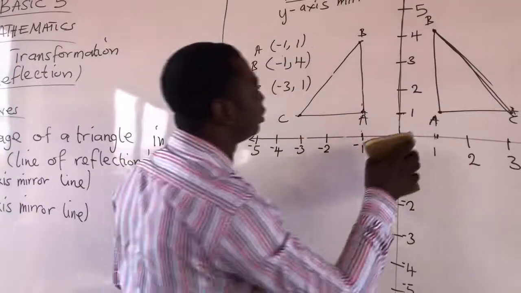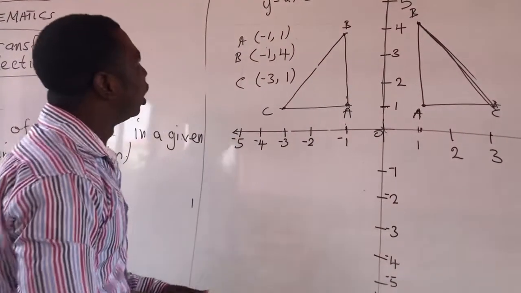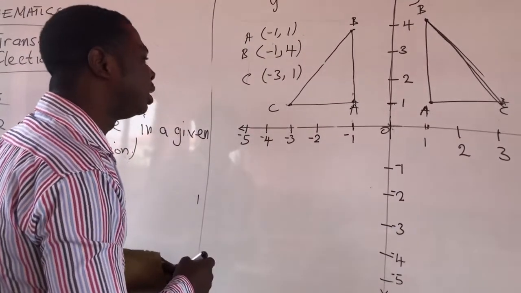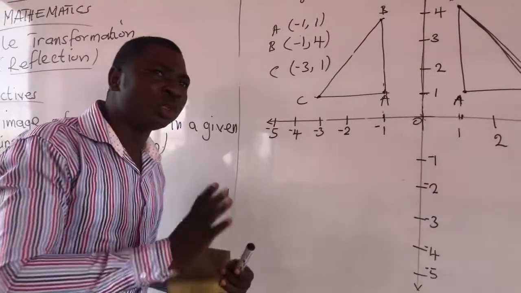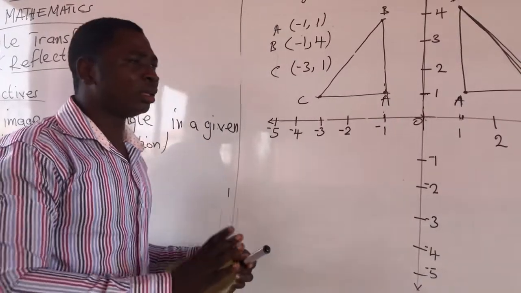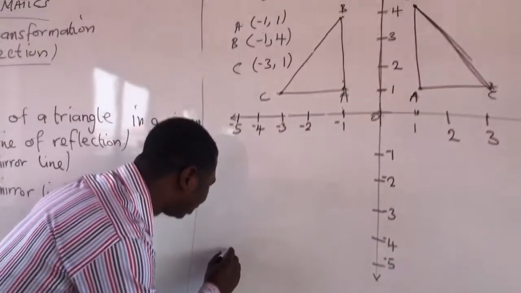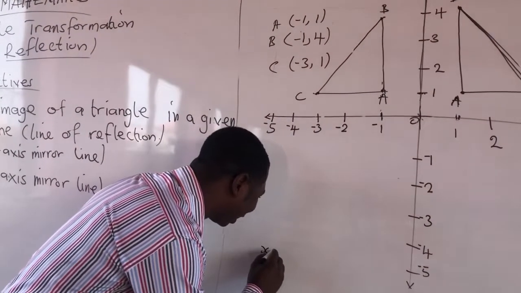You can be asked to transfer it to the other side or any other side using the mirror line given. So they will give you the mirror line: use this, use this, use this. So when you say use x-axis,